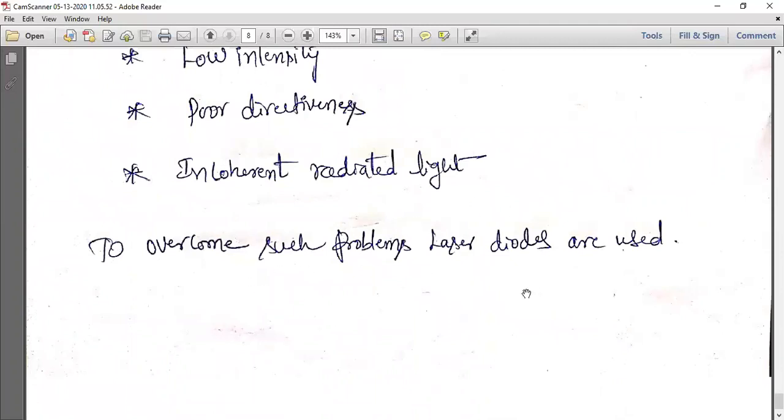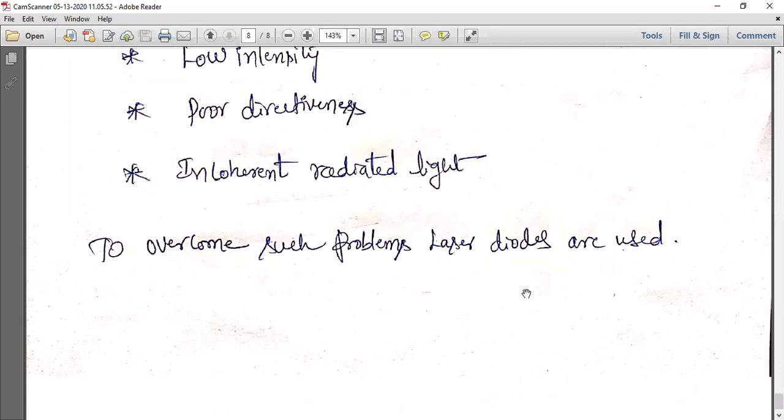So I will conclude this class now. We will go through laser diodes in the next class. I have done half of this particular module, and the other half is with respect to laser diodes. We'll see the laser diodes in the next class, one or two. I have already studied the Fabry-Perot resonator, so we'll just brief that, and then we'll study the injection laser diodes and the DFB laser diodes.